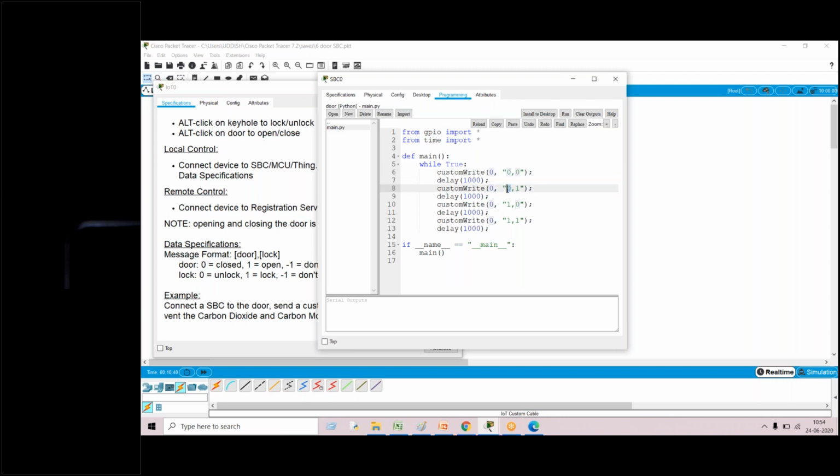The second one is the door is closed and the door is locked. The third custom, the door is open and it is unlocked. And the fourth one is the door is open and it is locked. So these are the four different parameters.